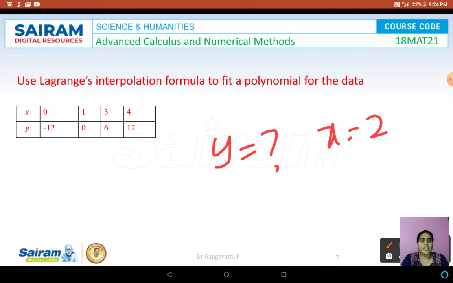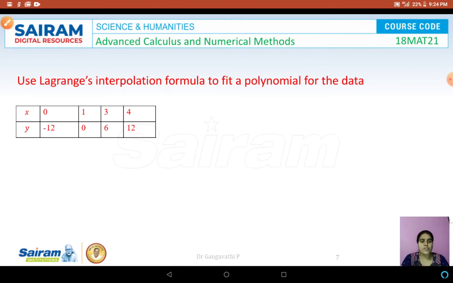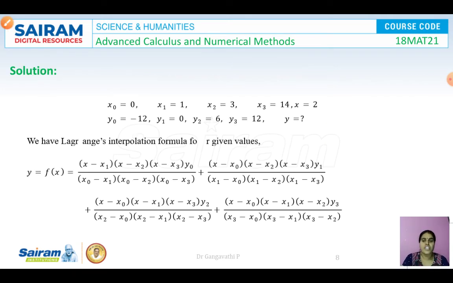So even though it has been given the value of x is equal to 2 here, we don't substitute in the initial stage. So let us write the formula first. The Lagrange's interpolation formula is given by f of x is equal to (x minus x1)(x minus x2)(x minus x3) into y0 by (x0 minus x1)(x0 minus x2)(x0 minus x3) plus (x minus x0) into